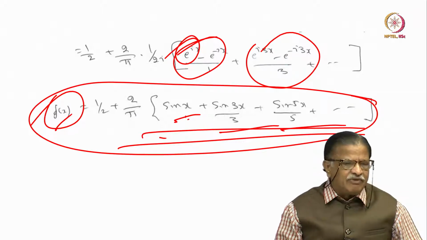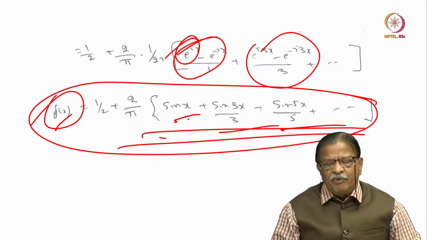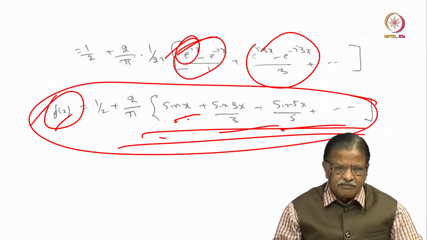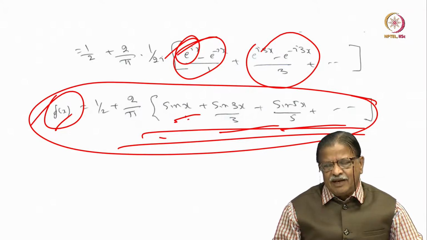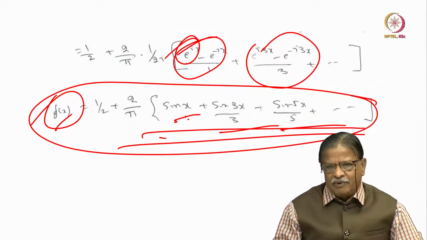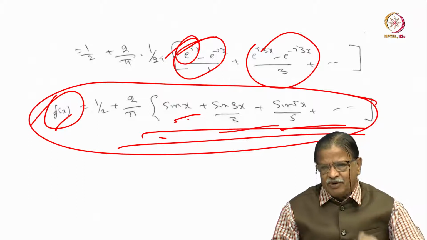This is the Fourier series we were trying to do; only for periodic functions can we express them as a Fourier series. Supposing the function is not periodic, what can we do? So, we will discuss a new mathematical operation called the Fourier transformation. This is something which I am going to discuss now.